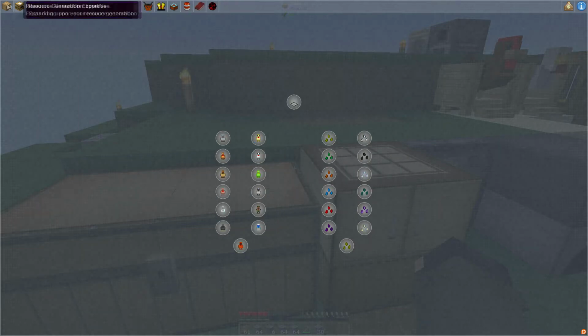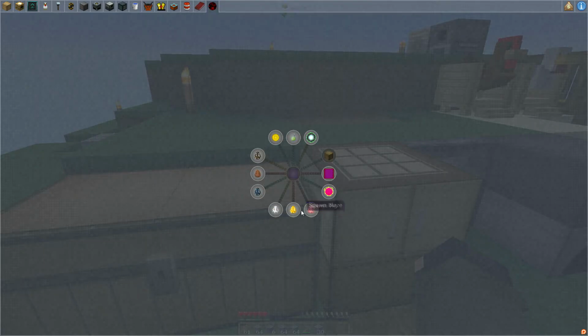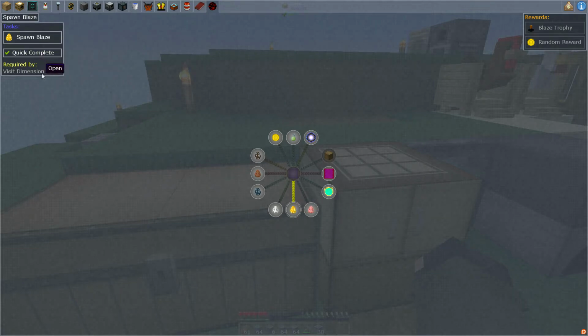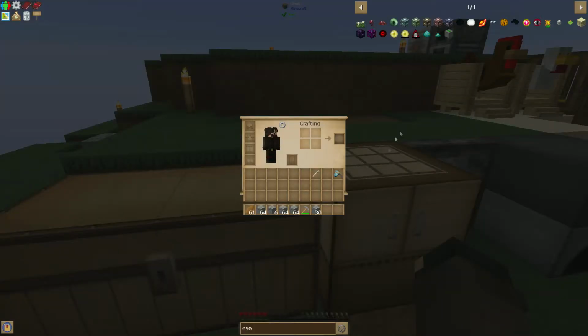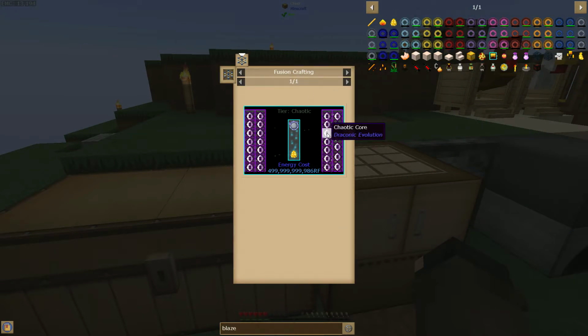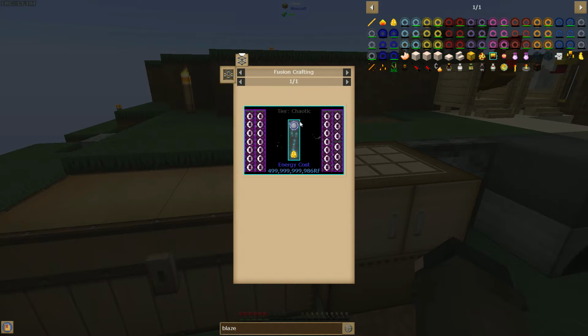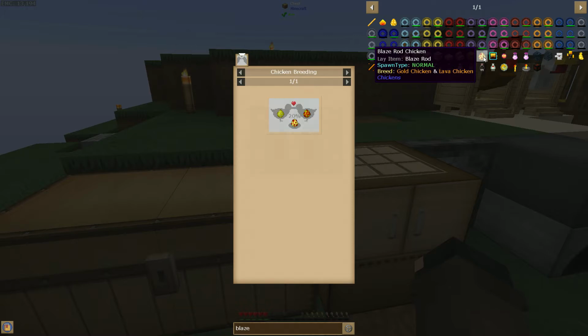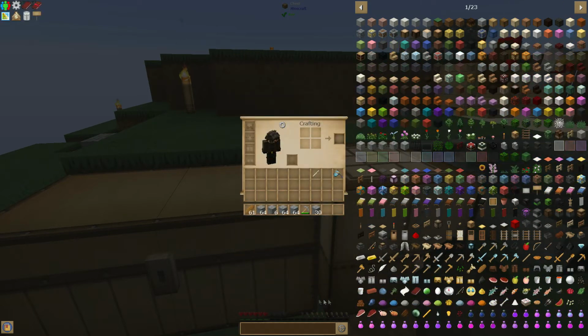I'm gonna see, just because I need to see before we do anything. Finale. Required by Visit Dimension X. Ooh. So, this is the Summon Blaze thing. Okay, so it's just clay matter, which is loads of EMC. But a blaze for a chicken, so a gold chicken and a lava chicken. You get that only in hell, so I'd need a trip to the nether, which basically means I'm going to need a... So actually, just because I know I'm going to need, like...